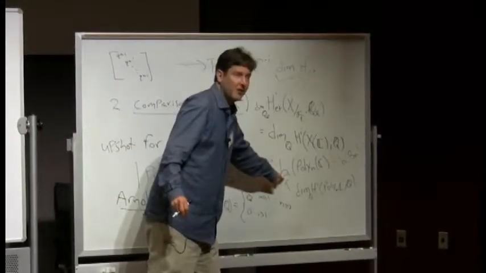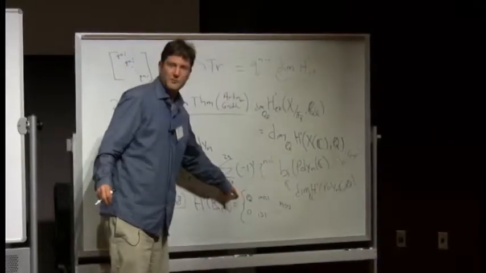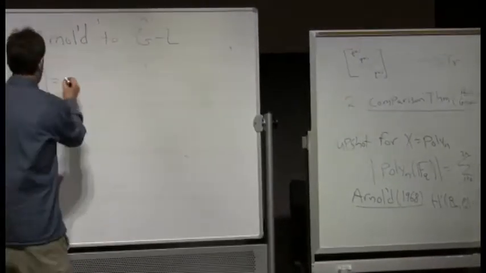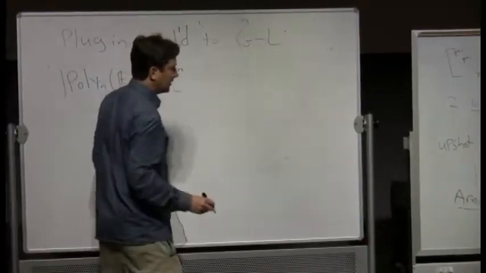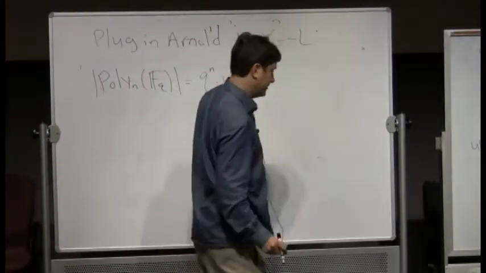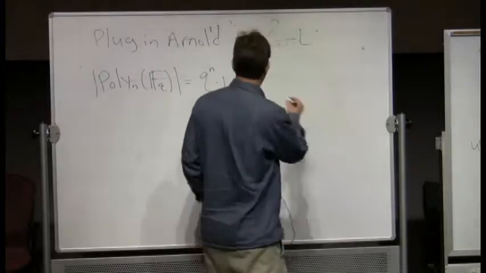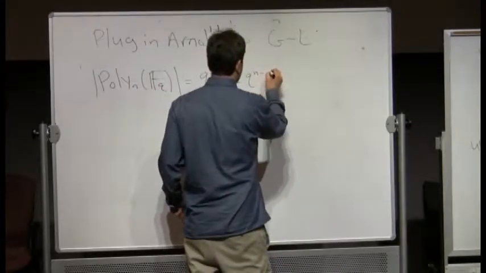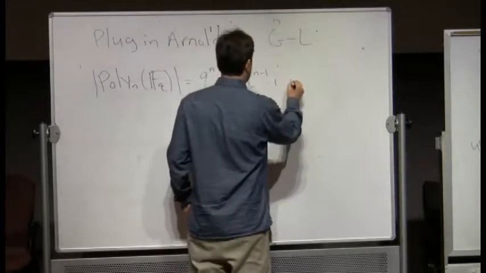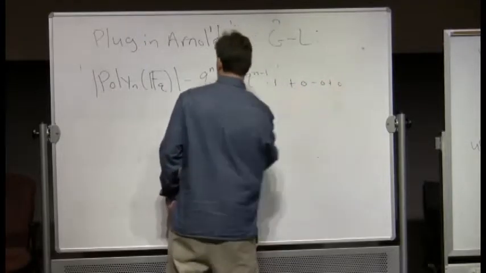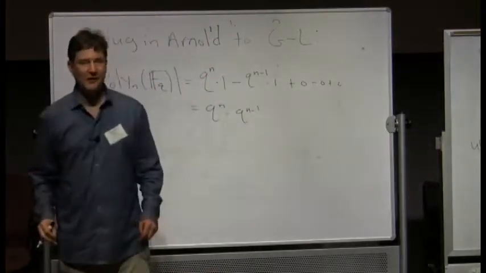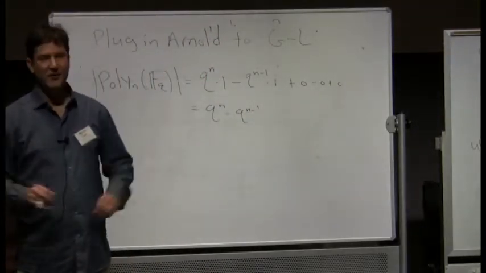The Betti numbers are all 0 except for i equals 0 and i equals 1. So when i equals 0, I plug in 0. I get minus 1 to the 0. I get q to the n times the zeroth Betti number, which is 1, minus, and it's q to the n minus i with i equal to 1, q to the n minus 1 times the first Betti number, which is 1. And then plus 0 minus 0 plus 0. So it's q to the n minus q to the n minus 1. And that is the actual count. I'll actually probably give another proof tomorrow, from a different point of view. So any questions?